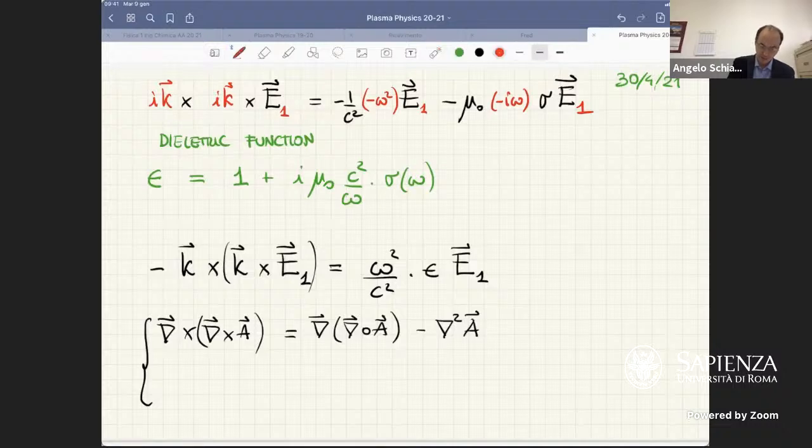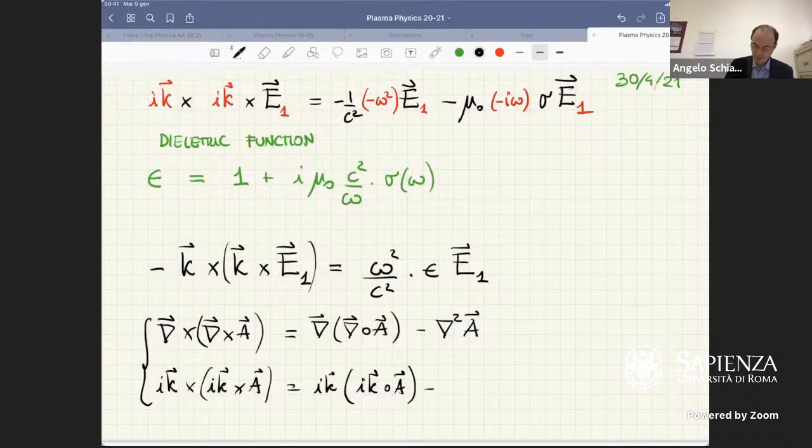So we have ik times ik times A equal ik, which multiplies ik dot A, minus ik squared times A. And by collecting and multiplying the imaginary units, we end up with,